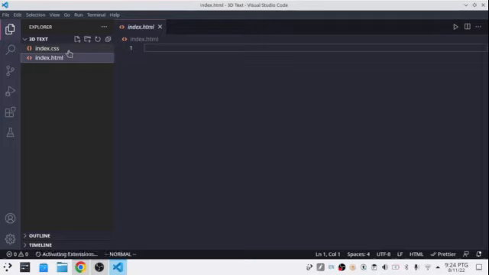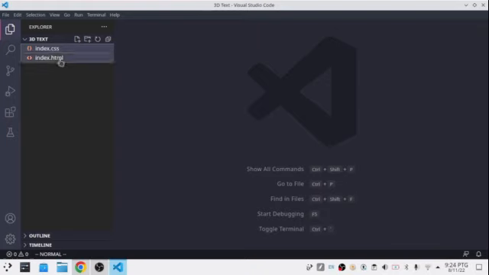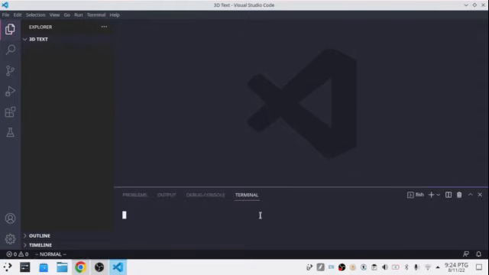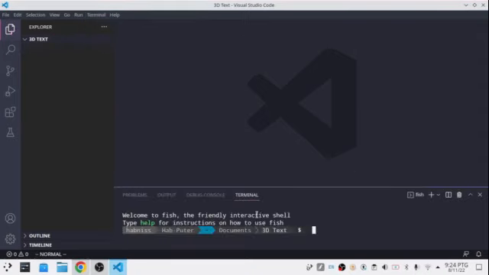So for this project, we're not just going to create an HTML and CSS file like we normally do. Instead, we're going to be using Node.js to set up this project. Then click on terminal and click on new terminal. And then write npm